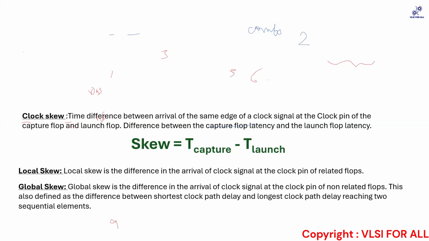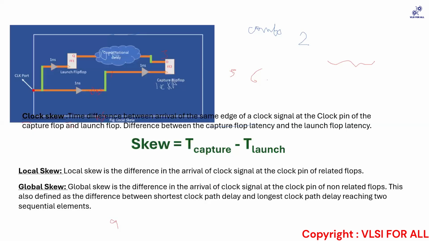Why am I saying non-related flops? Because when you look at the bigger picture where I drew, the flops 1, 2, 3, 4, 5 were not directly correlated to each other. Then I can say that the global skew in my design, out of the complete clock, is so and so many units. So if you have to calculate it,